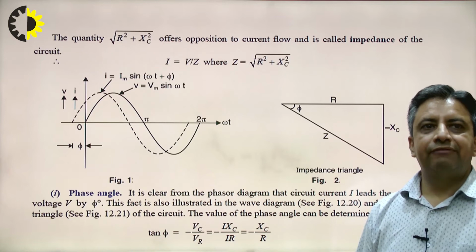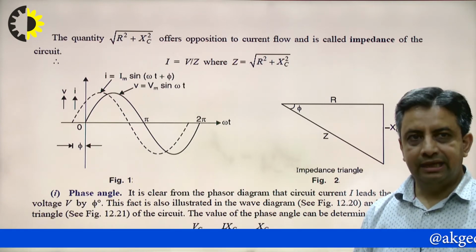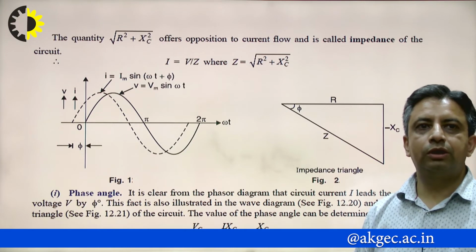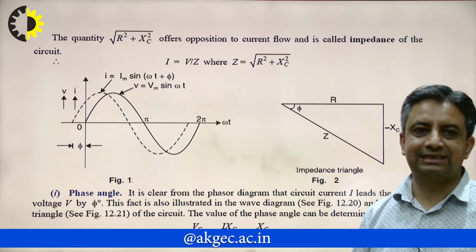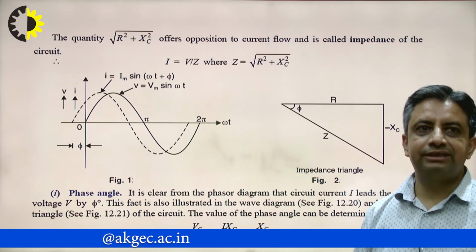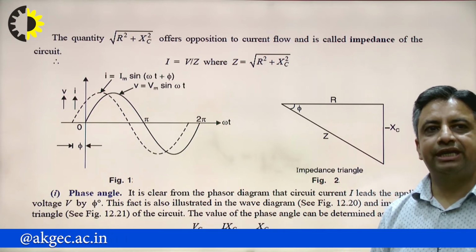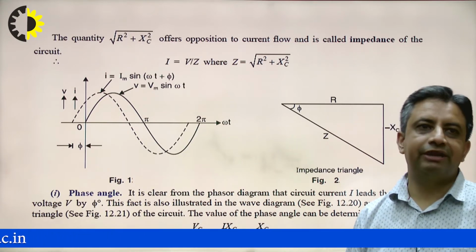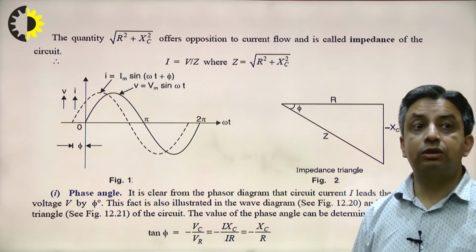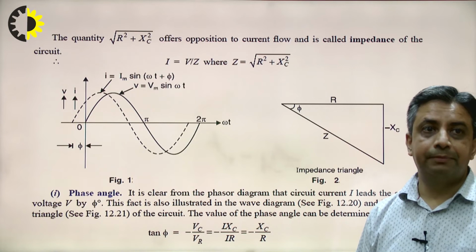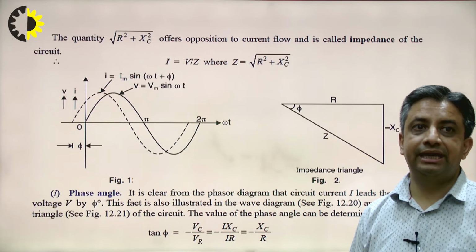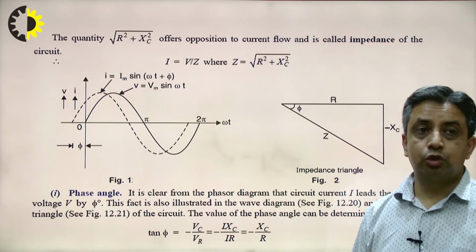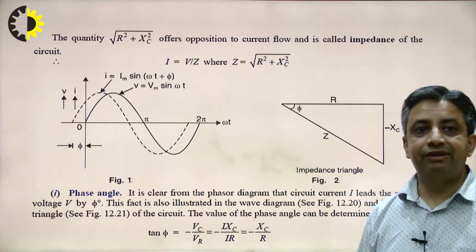Now again we can find that the impedance magnitude will be equal to under root R square plus XC square, and tan phi will be equal to minus XC by R. Now here you can see the expression for voltage is again Vm sin omega t, because we have taken it as reference, but now the current is leading the voltage by an angle of phi. This is because the impedance here has minus XC. So if it is minus XC, then your phase angle phi will be minus.